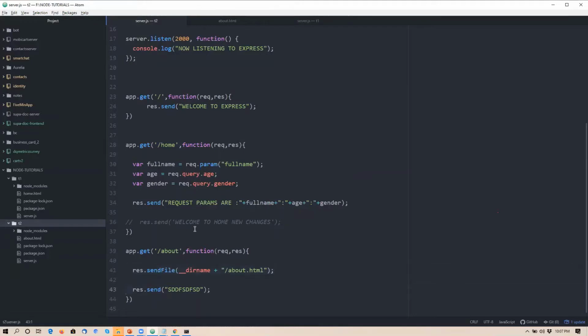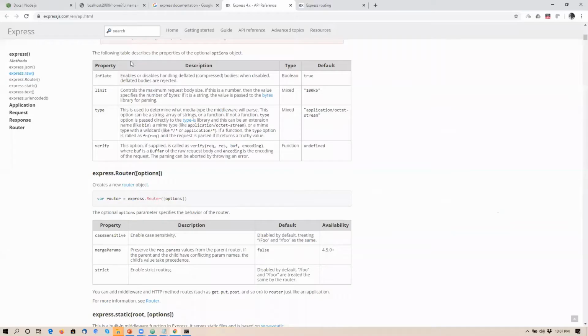So now I have to comment this. I'm saving my file and coming to my browser. And this time,